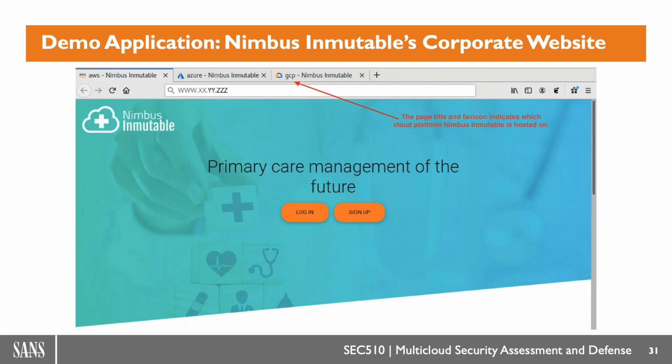One of our goals with this class is to cover each provider equally and to ensure that whenever we cover a service in AWS, for example, we are going to show you the same type of service in Azure and GCP. To do this, we have designed Nimbus Immutable's corporate website such that it can be deployed to each provider. When the application starts up, it will detect which environment it is hosted in and will leverage the appropriate cloud